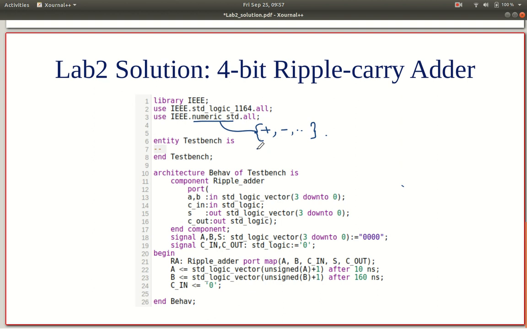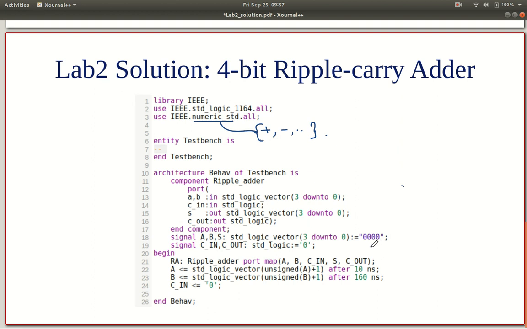So we need this so that we can iterate over different values of A. We can increment A and increment B and check the output. You don't have to use it, you could do this manually or generate random values for A, B and C. But here is one way of systematically testing out all possible combinations.